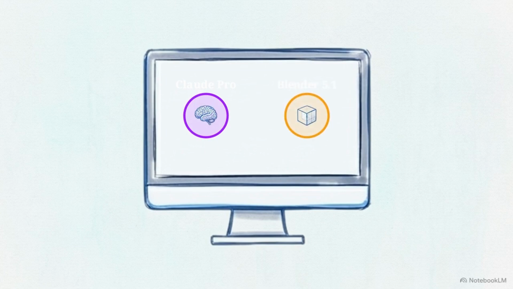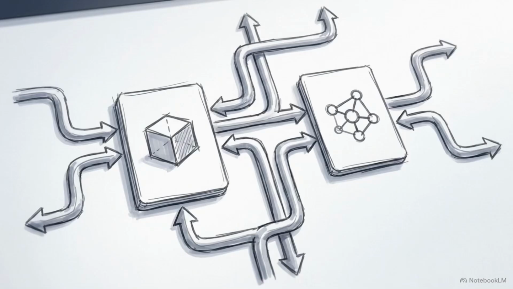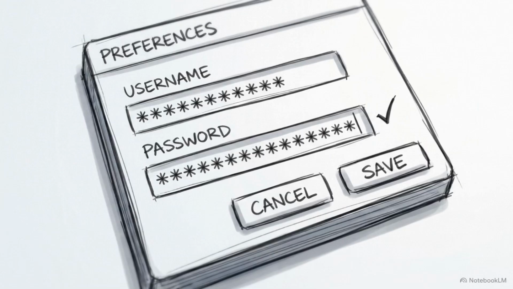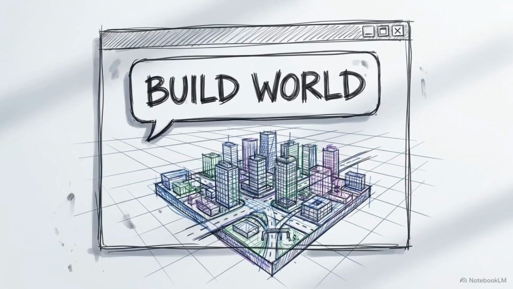Setting this up on your machine requires 3 components: an active Claude Pro plan, a fresh installation of Blender 5.1, and an integrated development environment, or IDE, like Cursor or VS Code. You will also need access to external asset libraries. Platforms like Sketchfab and Hyper 3D provide these, and you can connect them to the system using free API keys. Linking these tools together allows you to use a local computer as an automated production studio, driven by natural language